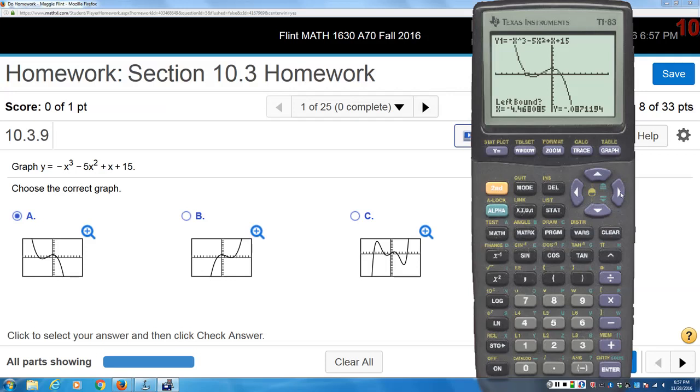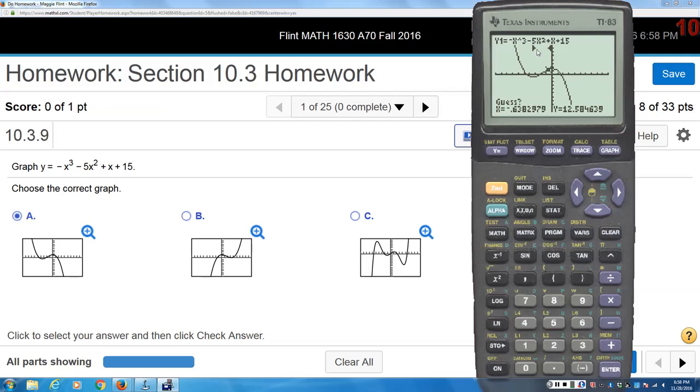So I'm going to move it a little bit closer, because you don't want to be too far. It takes it longer to guess if you're too far away. So I'm going to move it a little bit closer, but to the left of where it crosses. Press enter, and then move it a little bit past where it crosses so that I am to the right of where it crosses. You can see that I'm pretty much to the right of it now, and hit enter,